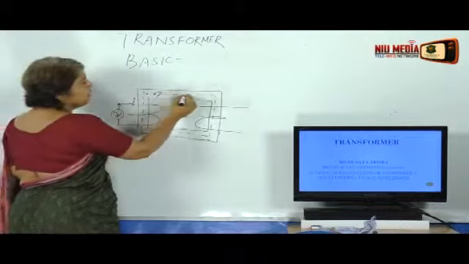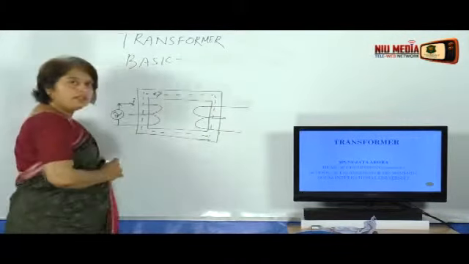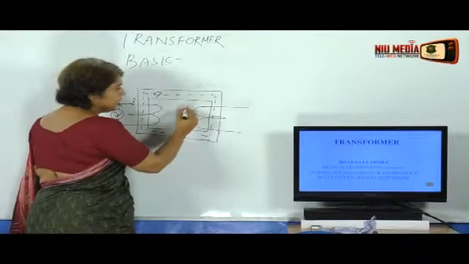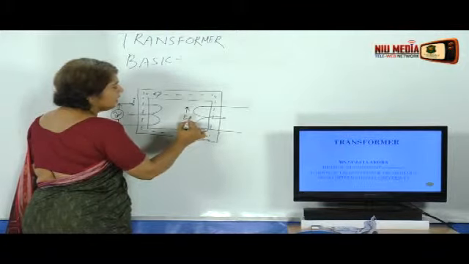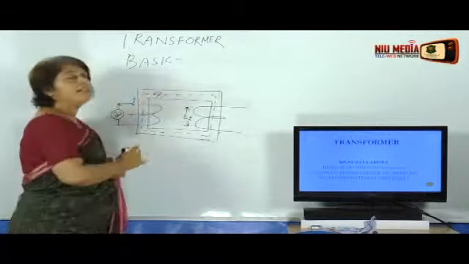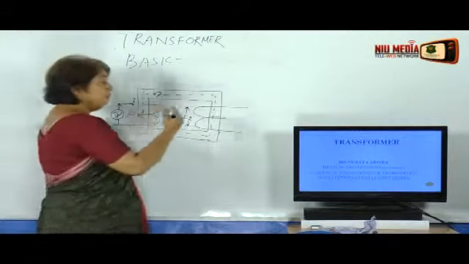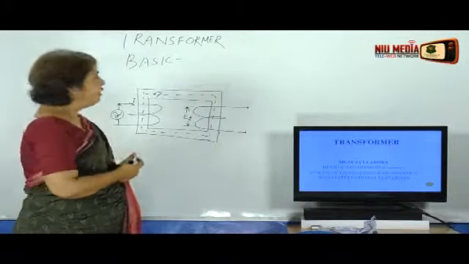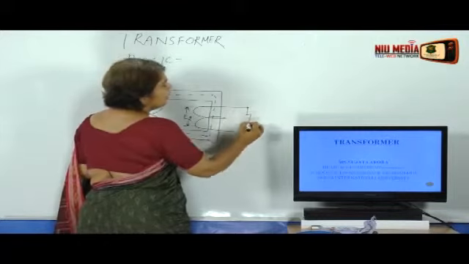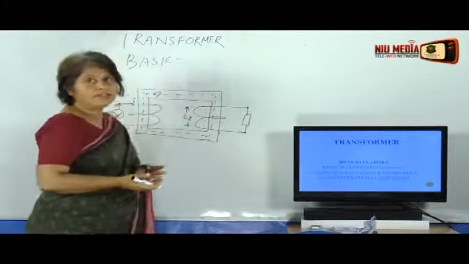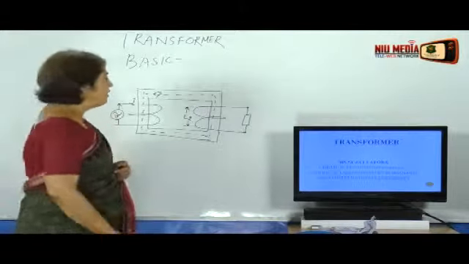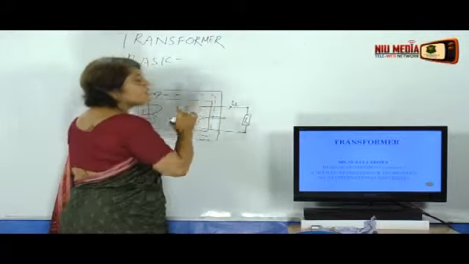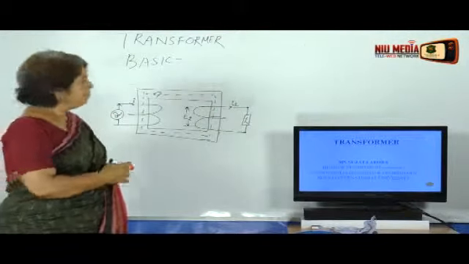So, when this alternating flux links with the other coil, what happens? As per Faraday's law of electromagnetic induction, an EMF is induced on the secondary side of the coil. These terminals are at present open, as shown in the diagram. If we connect any load to it, the load may be resistance, inductance or capacitance, then the secondary current starts flowing from the winding.